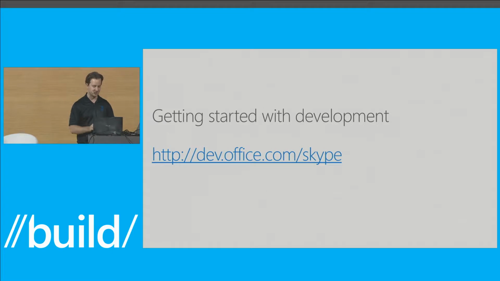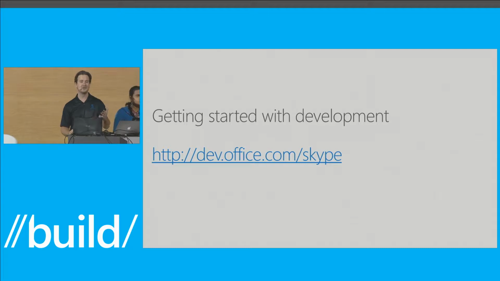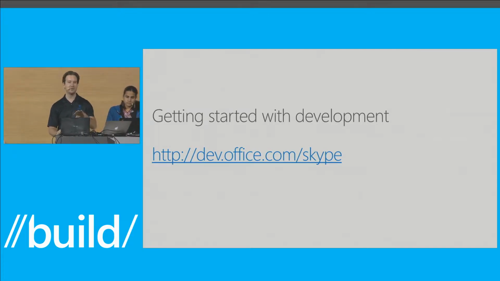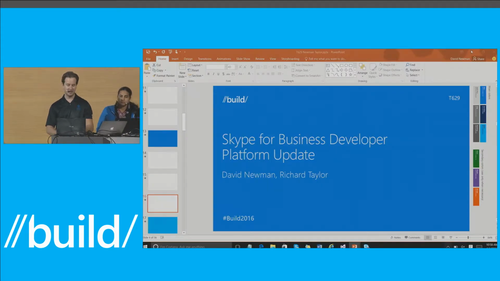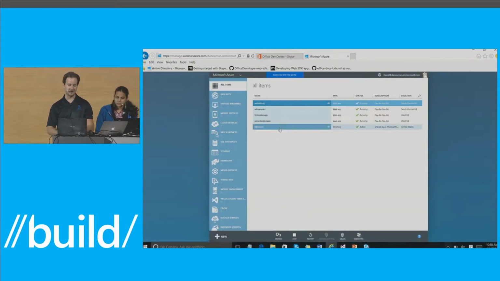So I'm going to jump right into this website. What we're going to do here is go through and download the samples, and I'm going to show you how you can run those samples against your own Office 365 tenant. You can register your application against Office 365, authenticate your users directly within a web app and expose Skype for Business capabilities directly within your app. So let's jump out of the PowerPoint, and we're going to jump straight into